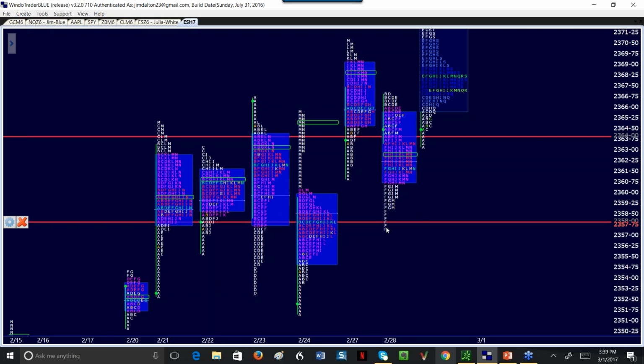This market is breaking, and it got to Friday's prominent point of control, but there's no elongation on the downside. It's 2, 4, 6, 8, 9 wide here, 9 wide here, and this is the traditional line